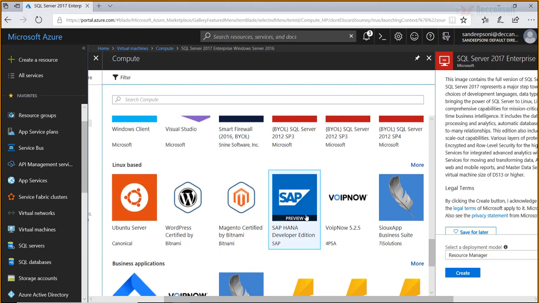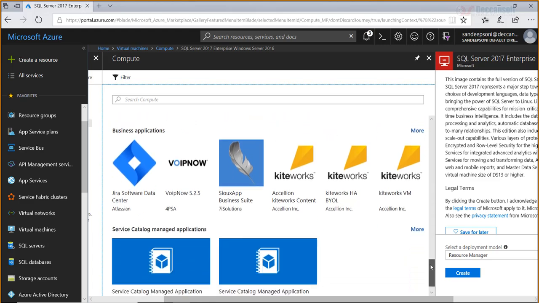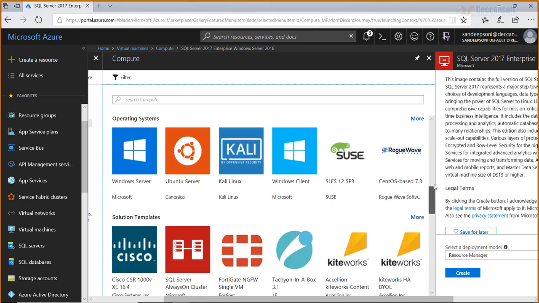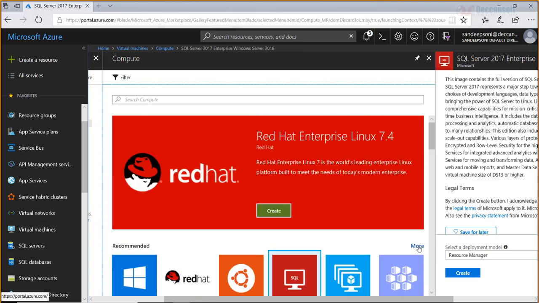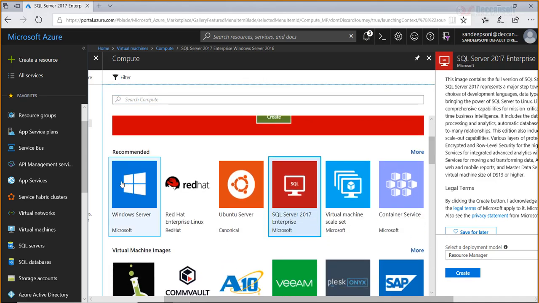You see SAP is also there, and so on. Pretty huge. And it's not just this. You can click on more and go to a lot more on the internet. Ideally, search for whatever you are interested in over here. So now I go to Windows Server,